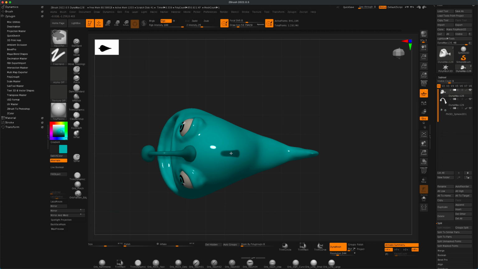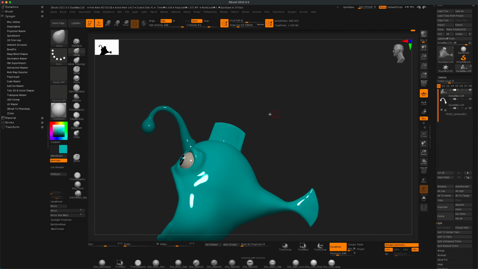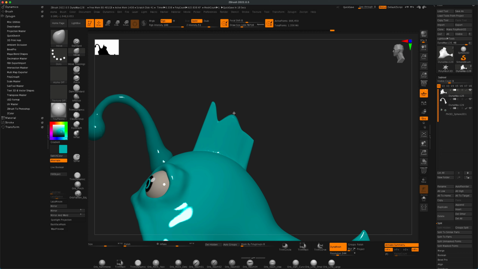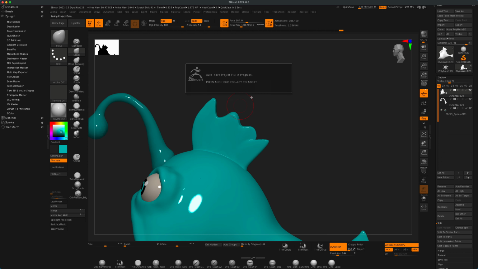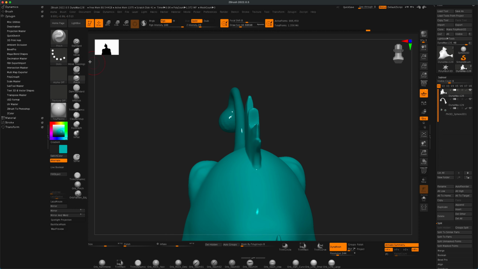Next, I drew the mask for the fin, and just used the Alt key to clean the mask up, and then simply using the move tool, I pulled it out. And as you can see, I'm literally just moving stuff around. I'm not even using anything fancy, just treating it as a clay sculpture with